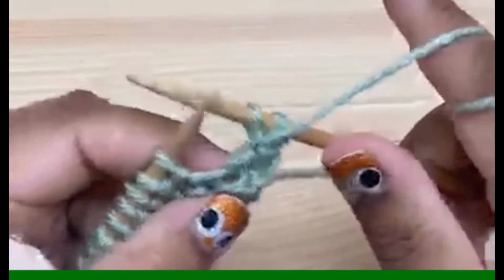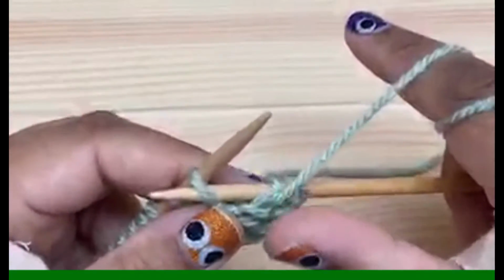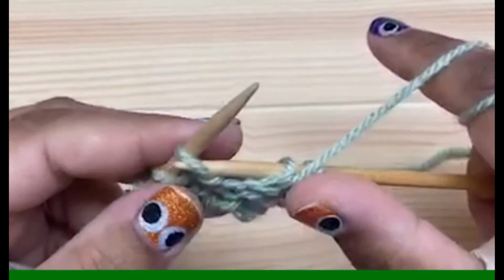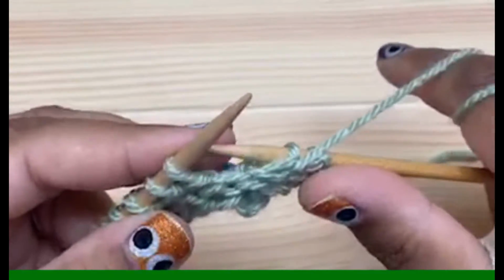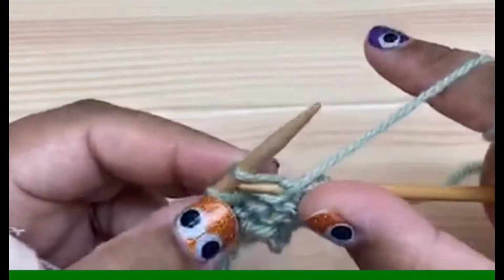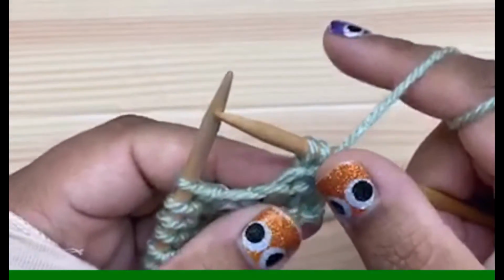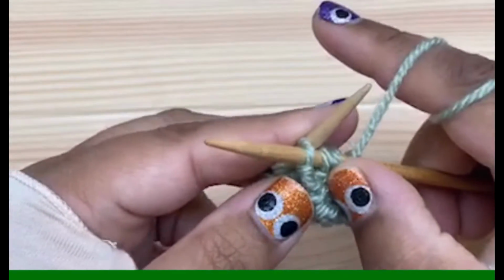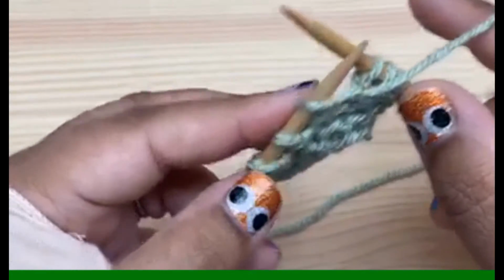You can say the same mnemonics as last time. Not the first one that I taught you, in through the front door, once around the back. That only works for knit. But the other one, the nice and gory one that's perfect for Halloween, is the one that works for both knit and purl. You stab it, you strangle it, you rip its guts out, and you throw it off the cliff. Those are the steps. Let's do one more this way. Stab it, strangle it, rip its guts out, and throw it off the cliff. Okay, so that is purling